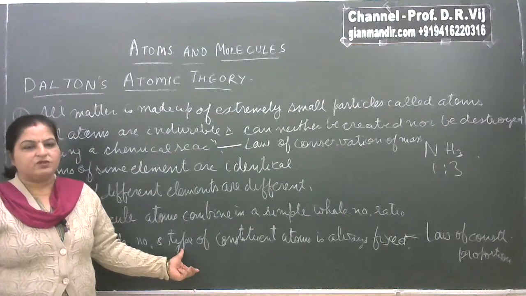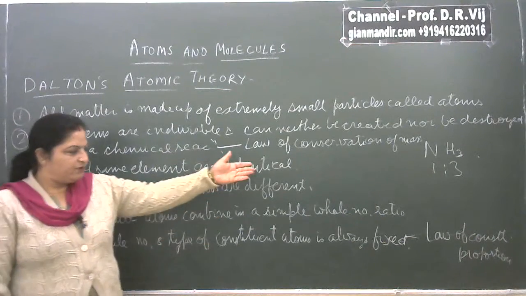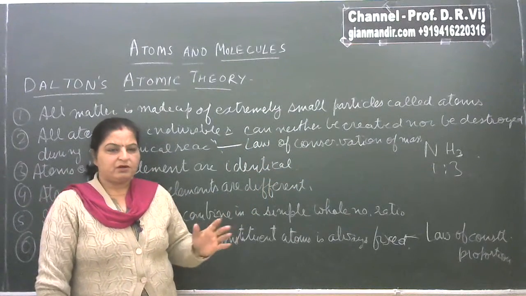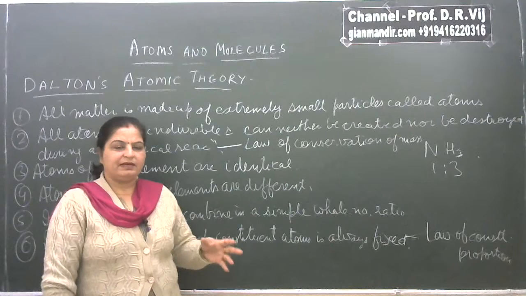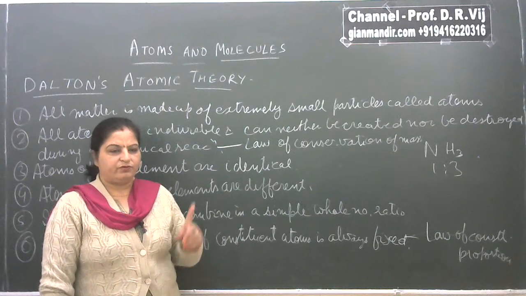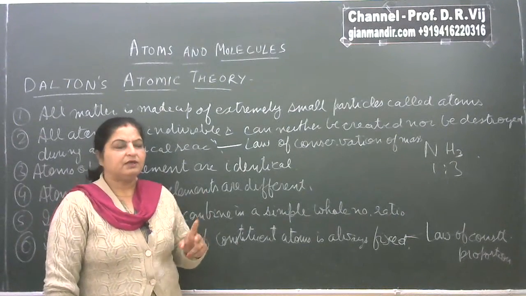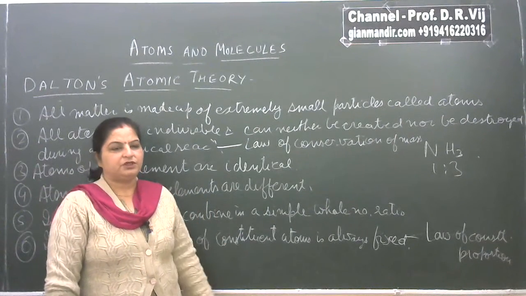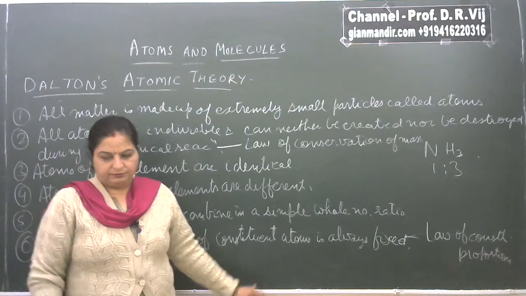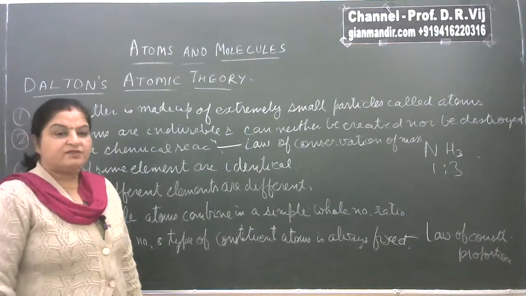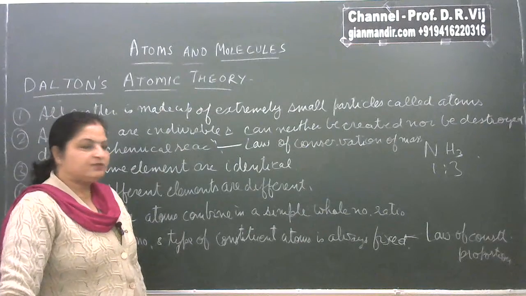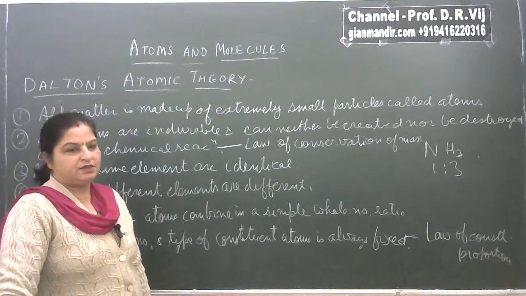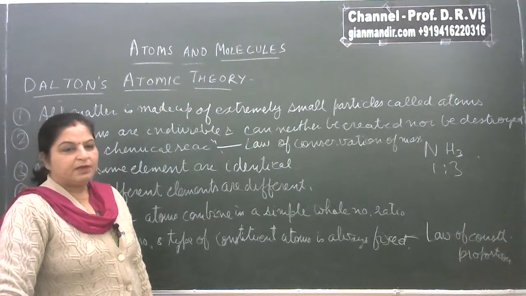by this postulate, right? So as I have already given you the example of ammonia, when we talk about ammonia, it becomes very clear that ammonia is a molecule made up of two elements, nitrogen and hydrogen, where the number of atoms of the two elements are always in the ratio 1:3, right? But despite all the advantages of Dalton's atomic theory, the theory suffered from some serious limitations also, because